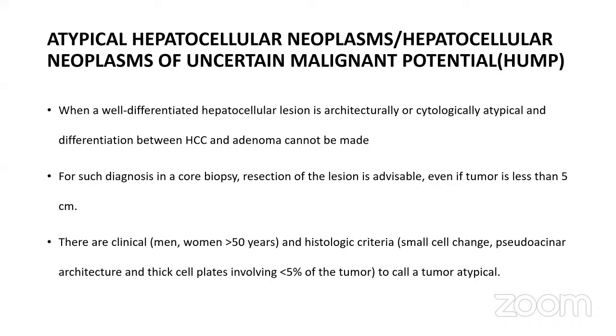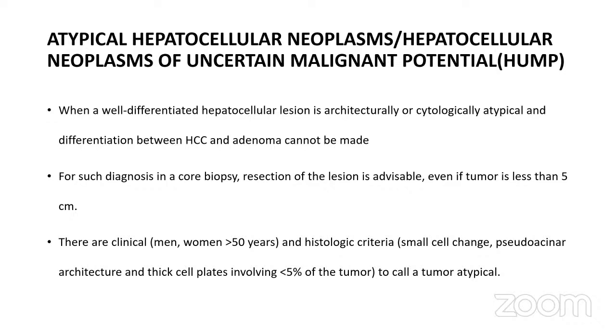So moving on, atypical hepatocellular neoplasms, or AHNs, hepatocellular neoplasms of uncertain malignant potential. When you have a well-differentiated hepatocellular lesion which is architecturally or cytologically atypical, and you cannot make a clear-cut distinction between a hepatocellular carcinoma and an adenoma, especially on needle core biopsy, you can call them atypical hepatocellular neoplasm, and so these cases would go to resection even if the tumor size is less than 5